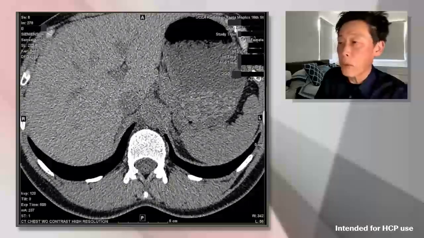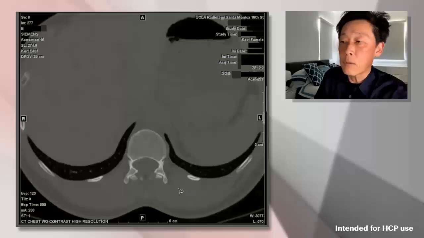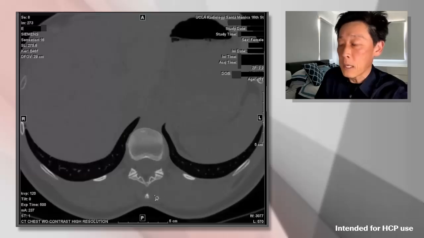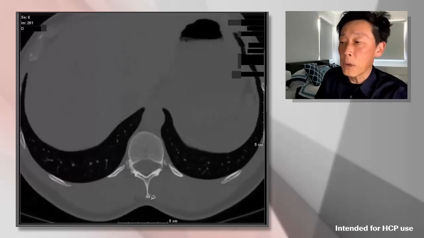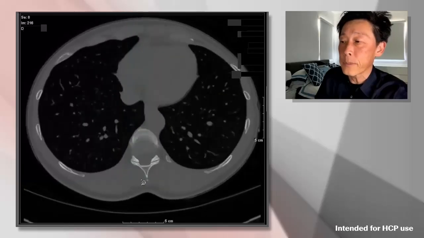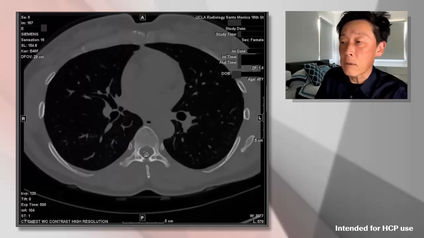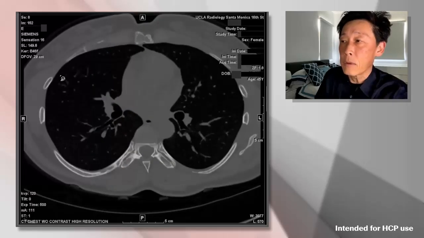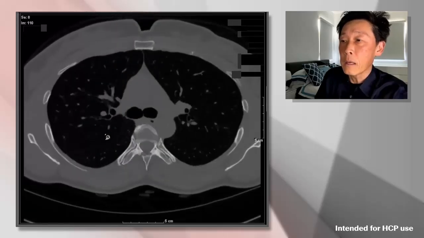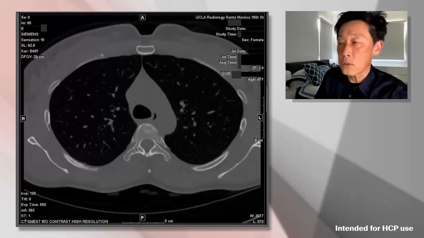Now, all of these white areas around the edges, as you can imagine, this represents the bone. And so here's the thoracic spine, and here are the ribs. And I've just switched over to the bone setting so you can more readily see the skeletal structures of the chest. And again, this is the thoracic spine and the ribs, and here's just the sternal body. And the remainder on the outside is just the soft tissues of the chest.